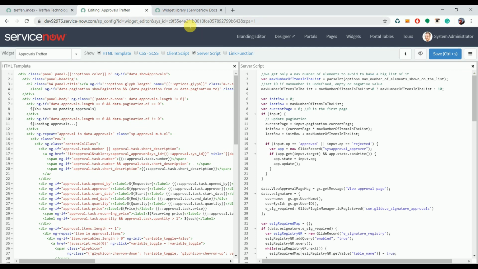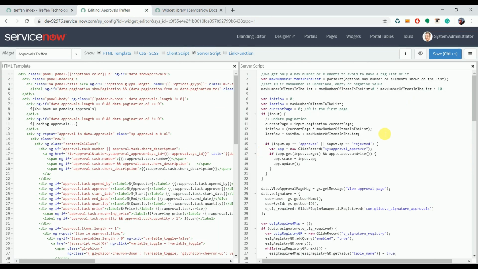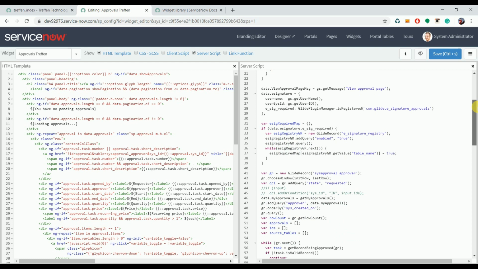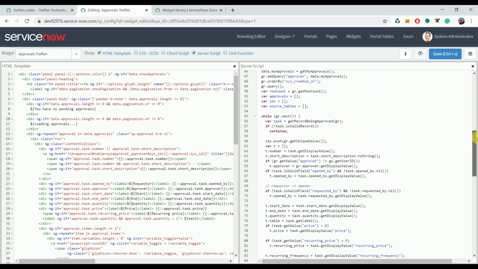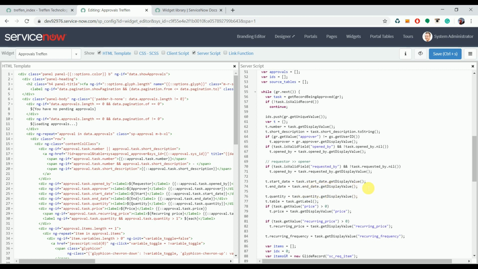The first thing that should come to our mind is that it's getting these records from somewhere, so it must be gliding the change table or the task table. So first let's get that data and then we'll put it in HTML. Let's search for it. It must be in the server script, as the name suggests. Let me see if we can find something. See, here it is, opened by, start date, end date. So what I'll do,